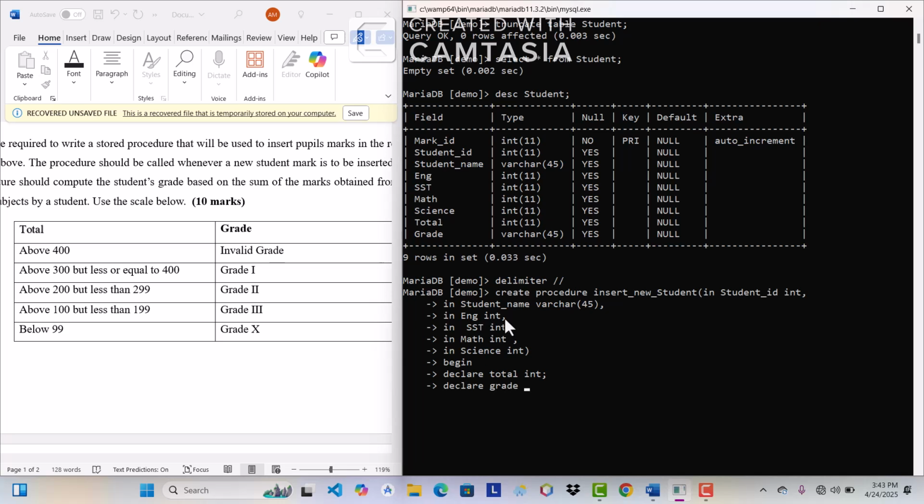Grade is going to be a varchar, and it is going to be 45. So when I click enter, I'm going to assign. How am I going to assign now? I'm going to make this total to be